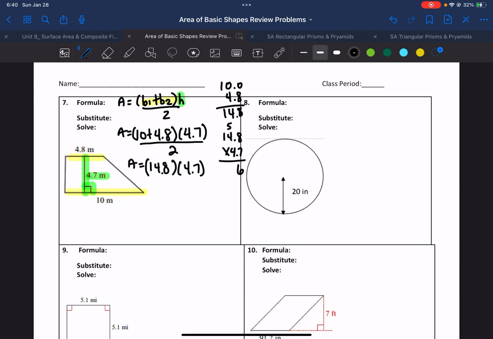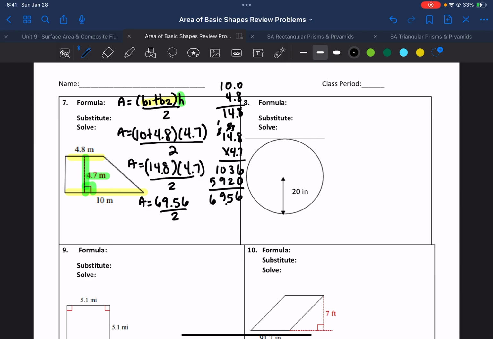4 times 7 is going to be 28. Plus 5 is going to be 33. 7, 8, 9, 10. 4 times 8 is going to be 32. 4 times 4 is 16, 17, 18, 19, and then 4, 5. So what I get here is 69.56. Now I'm going to recheck that with my calculator just to make sure that I did it right. And I did. Okay, so here we're going to have